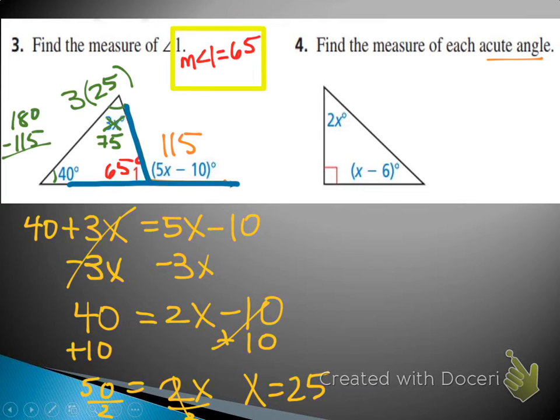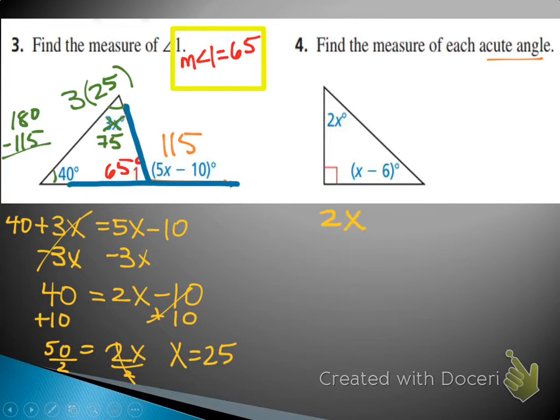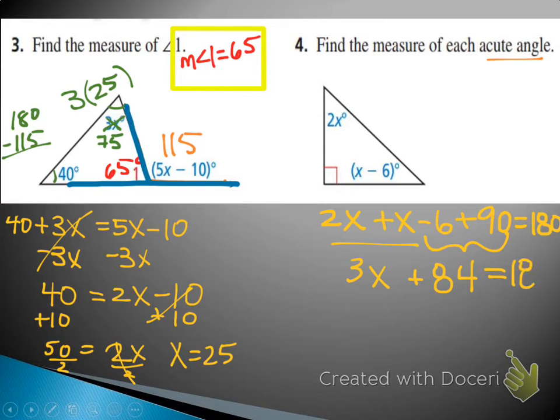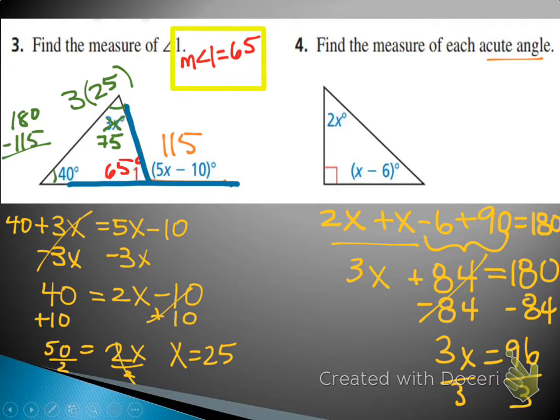I'm going to move this over. So we're going to have 2x plus x minus 6. What is my third angle? 90. Plus 90 will equal 180. Combine like terms, we got 2x and x, which make 3x. Minus 6 plus 90 is positive 84. And that equals 180. Subtract 84. 96. It is 96. Divide by 3. X equals